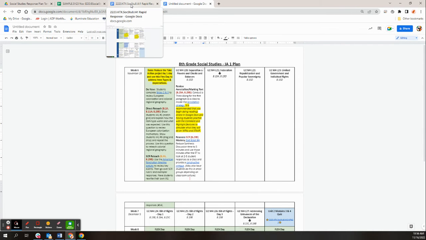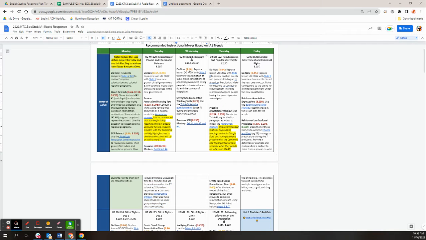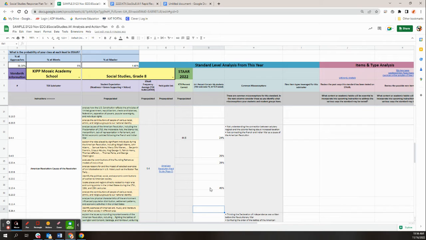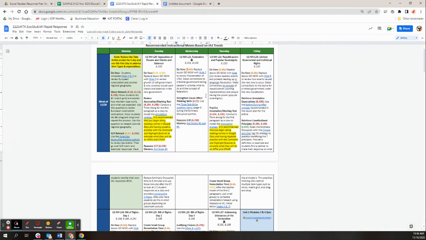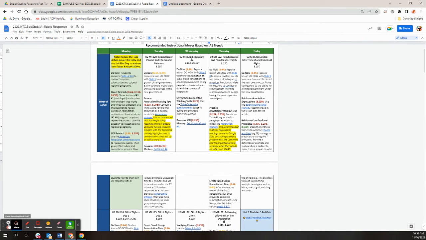I still really need to hit 4A though. I know we're reteaching it here, but where else can I fit it in? Here it says 4A, it talks about the proclamation of 1763. That was right here at 45%, so I'm pretty good there. I'm not too worried about them not knowing the proclamation line. But when I get to here, this do now, it talks about focusing on the taxation events and protests. So I definitely want to hit that.